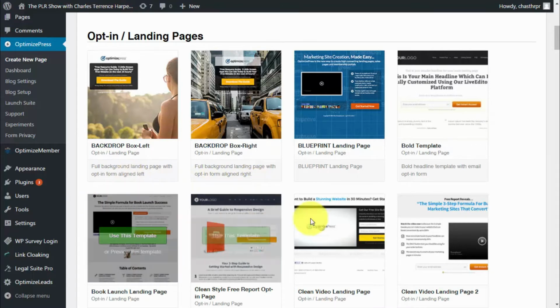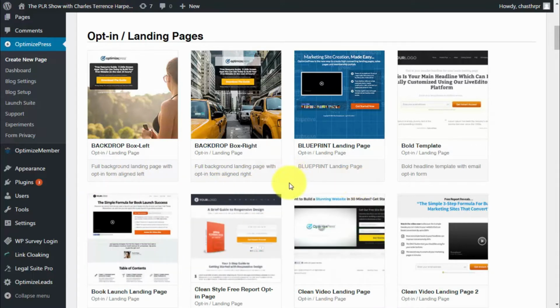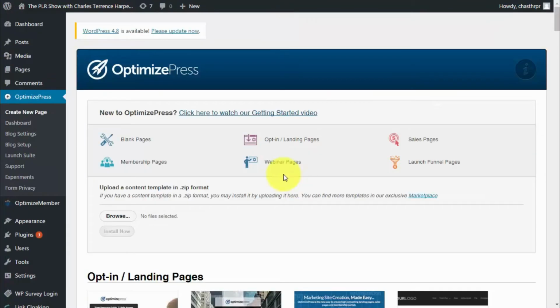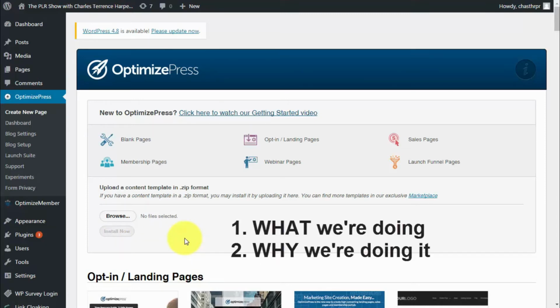We're not going to use any premium systems, and in some cases, you'll be able to find better templates in the system you're already using. Lastly, this will not be a course on OptimizePress, so we will not get into the fine points of what you need to do with OptimizePress in order to make these things work. In each and every case, you'll need to find a very simple solution within your page building system. The most important thing is that you understand the what and the why to why we're putting the pages together